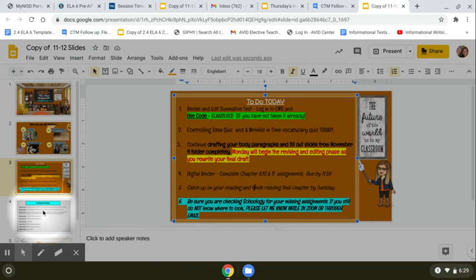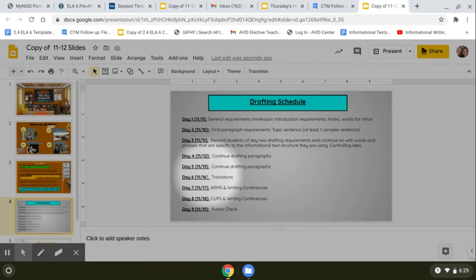Let me go back real quick so I can just remind you. We have a drafting schedule right here. Some of you were asking questions, and I failed to mention this a little while ago, but here we go. You're going to continue working on your controlling idea, and your drafting requirements do continue to work with the words and the phrases that are specific to your informational text structure.